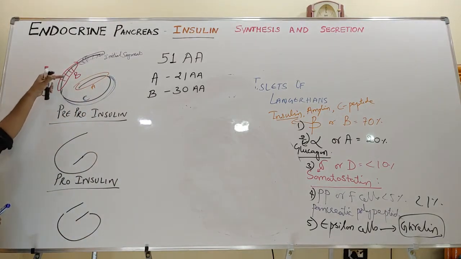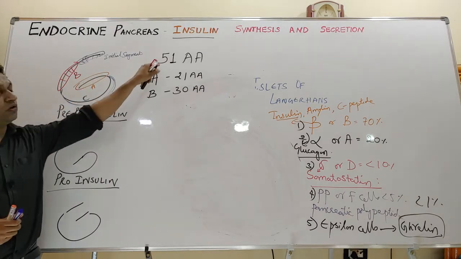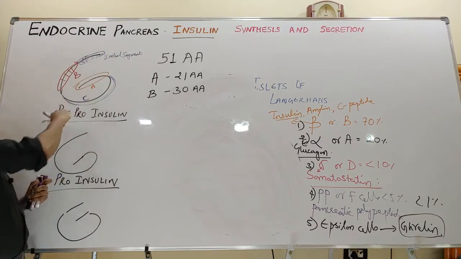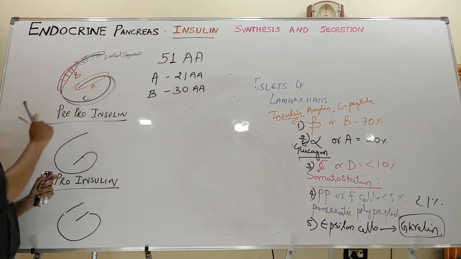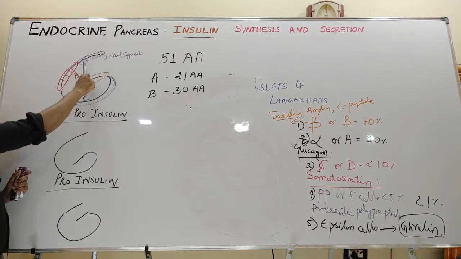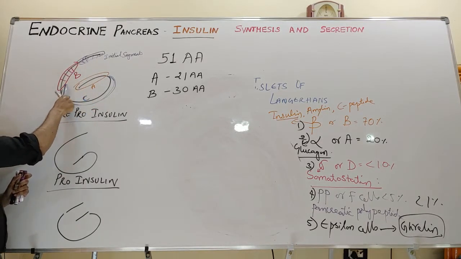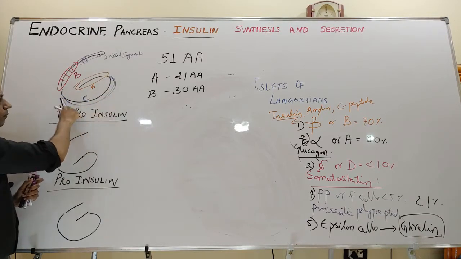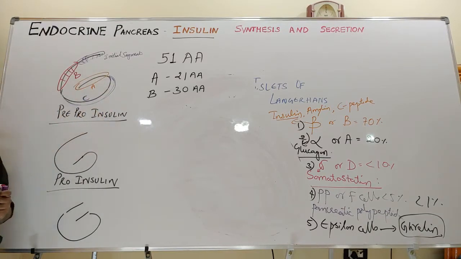So before the synthesis of the proper insulin molecule of 51 amino acids, it is present in this immature chemical structure, which is known as pre-proinsulin. This pre-proinsulin consists of the initial segment, then the A chain and B chain, and the A and B chains are connected by a C-like polypeptide known as C peptide. Now, during the synthesis of insulin, this initial segment gets cut off.